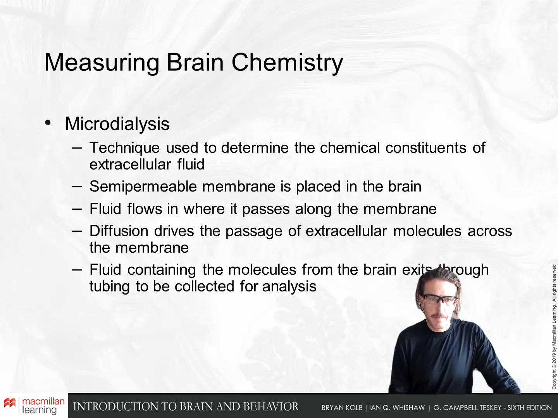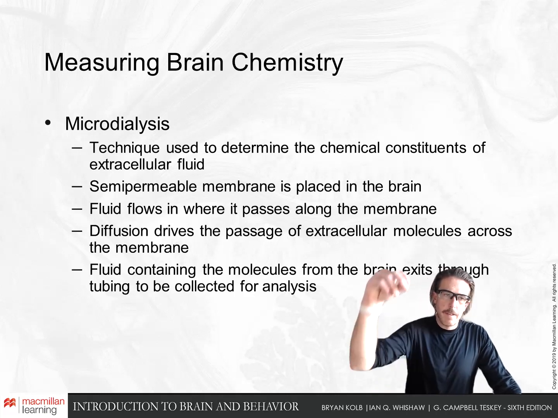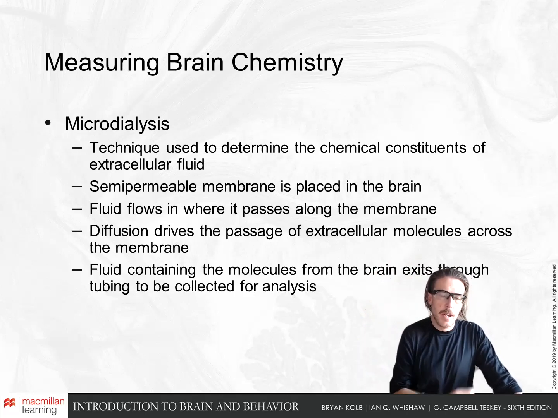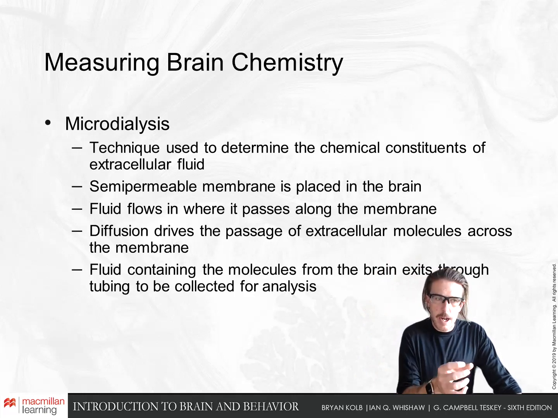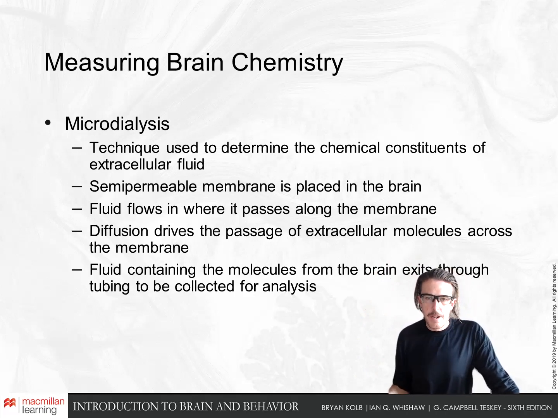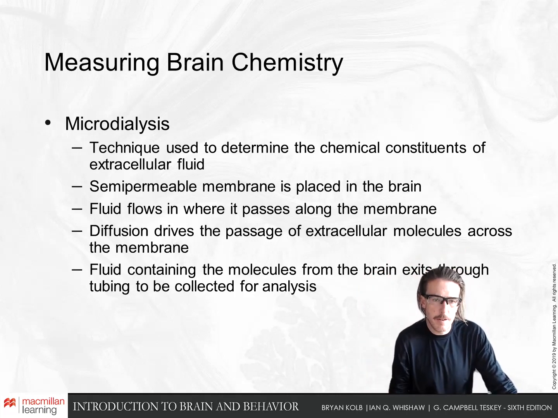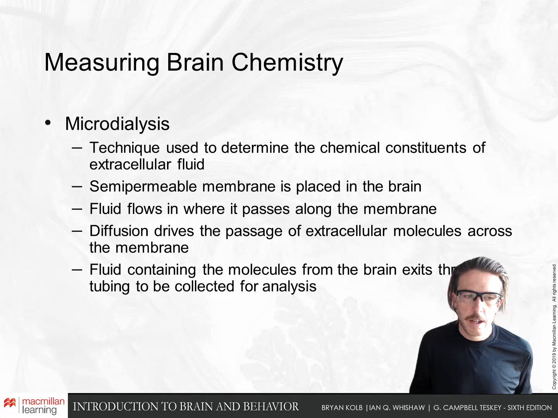So a semi-permeable membrane is placed in the brain, and fluid, salt water kind of fluid that resembles cerebrospinal fluid, passes along the membrane. And because there's more concentration of chemicals in the extracellular fluid inside the brain than on the inside of this membrane, the extracellular molecules that are of greater quantity diffuse across that membrane into the salty fluid that you're passing through, and then you suck that salty fluid back up into your system and measure the chemicals in it. And then you analyze the number of chemicals at any given time to estimate how much of that substance was